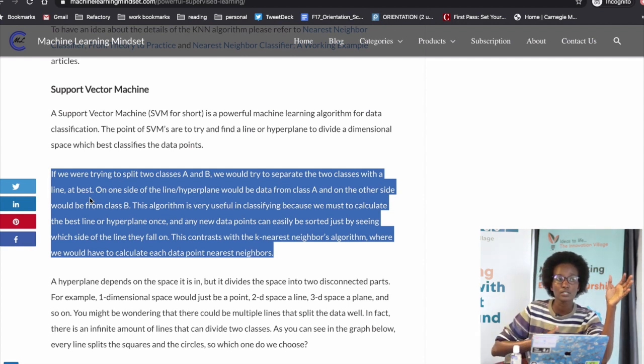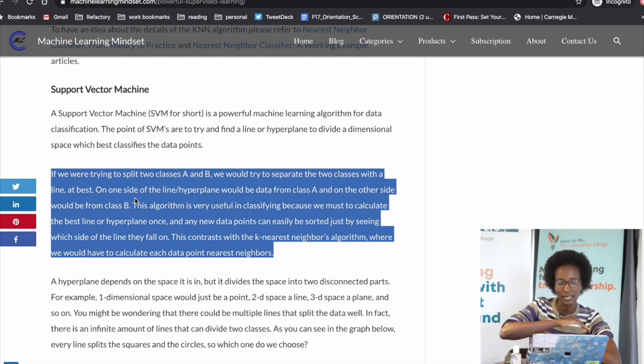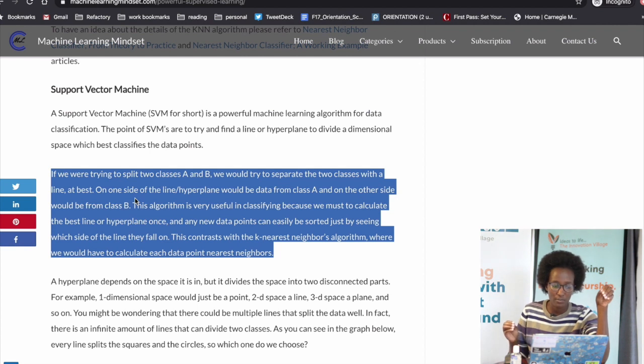If you plot the data points on an XY axis, these data points belong to class A, and these data points belong to class B. At the very best, very simply, we would want to draw a line that separates the two. That line will be the one that helps us in classifying. In case a new data point comes in, because it's below this line, it's class B. Because it's above this line, it's class A. But finding that line,